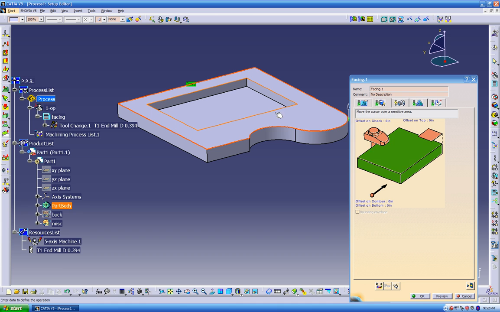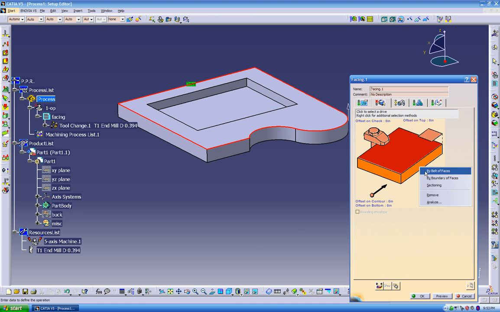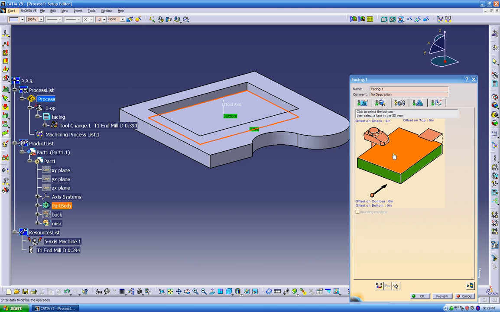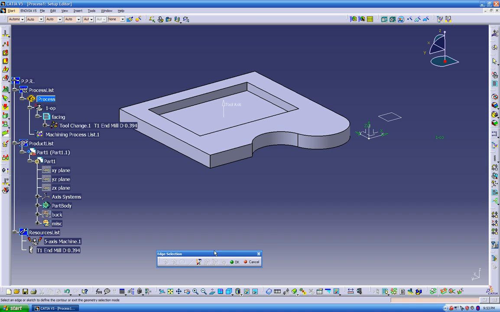For example, if you make a mistake and you choose the surface on the bottom, you can right click, remove. And for example, if we make a mistake and we choose this floor, that's a mistake, so right click over here and remove. We can click on the edge, and now it's going to ask us for edge selection. So click over here and go around the part,